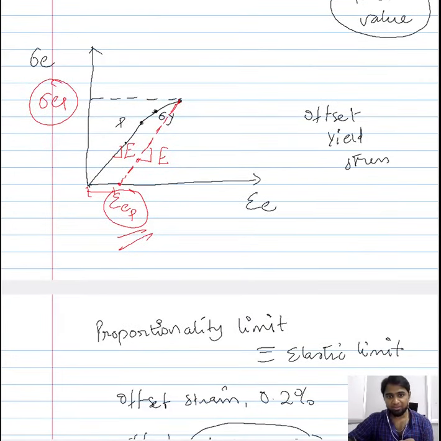So the slopes of these two lines will be equal and they will be parallel to each other, and the point where this line meets the x-axis is the amount of plastic strain that is present in the material when you impose a load such as this, that is beyond the yield